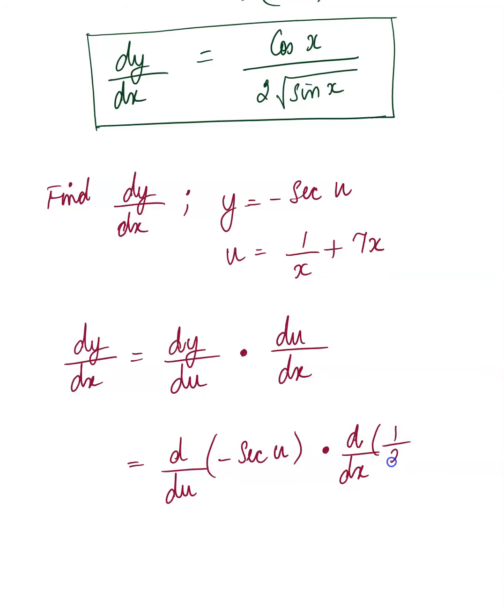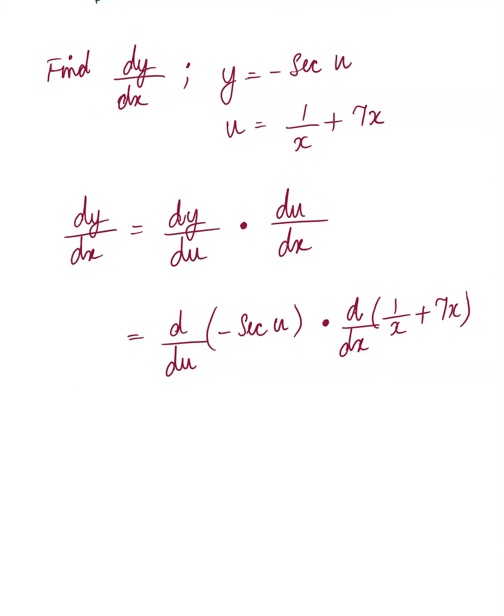And u is 1 over x plus 7x. So you can always go back and reference our derivatives of trigonometric functions section, where we learned the derivatives for the different trig functions. And so for this, it is negative, so you can bring the negative out. The derivative of secant u is secant u tan u. That's coming from the rules, from the derivatives. That, and then here